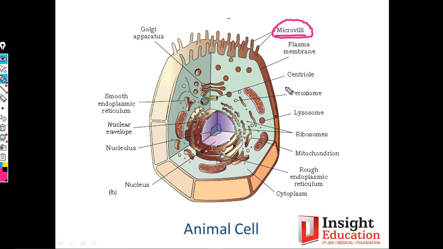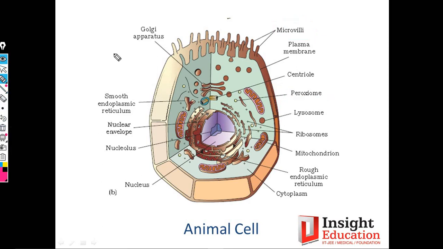Okay. Also, there is one more structure that has been shown here, that is peroxisome. Peroxisome is again a membrane-bound structure, right? A single membrane-bound structure, which has some enzymes like peroxidase and amine oxidase, right? Which have various metabolic importance. Okay. Rest of all the structures we have already learned, so I am not repeating that part.